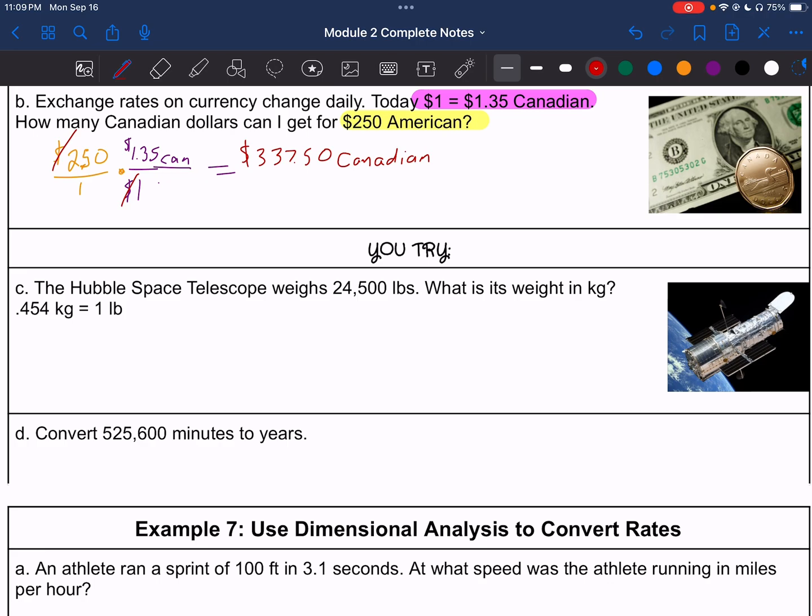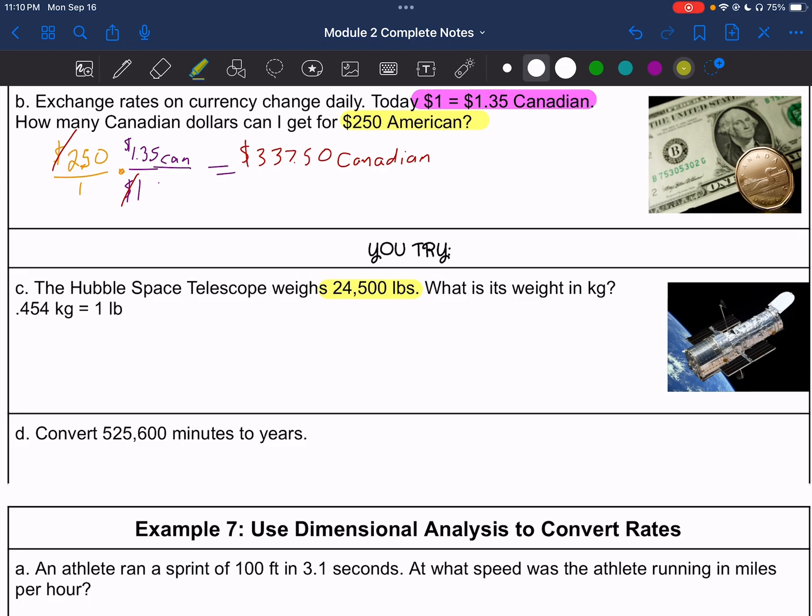All right, so we have 2 problems here for you to try. The first is the Hubble Space Telescope weighs 24,500 pounds. What is its weight in kilograms, given that 0.454 kilograms is 1 pound? And convert 525,600 minutes into years. Check your work and then come back, or do it and then come back and check your work with me. All right, so for the first one,